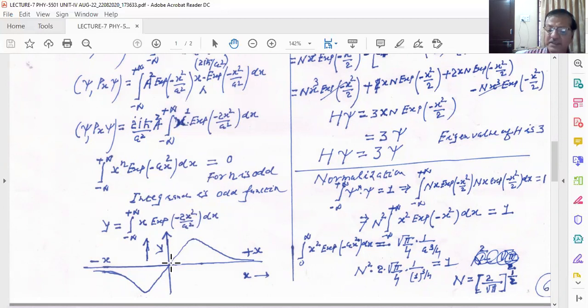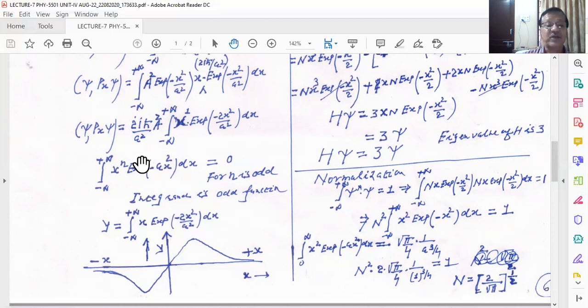You see for positive values of x, y is changing in this pattern, and for negative values of x, your y is changing in this manner. You can see that it is symmetrical. This is the axis of symmetry of the function, and ultimately the integration from minus infinity to plus infinity will give you the zero value,